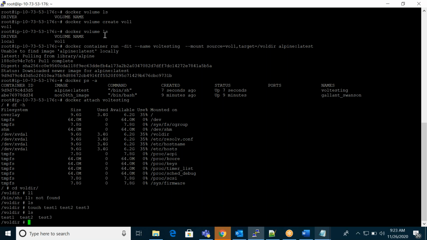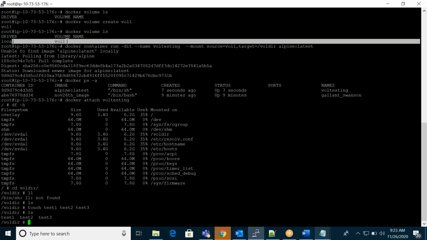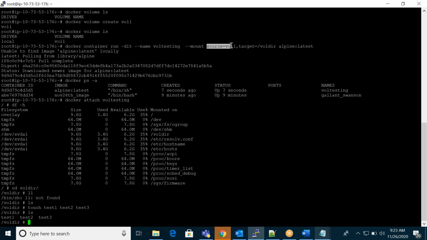Simple. Here I have created one volume, volume one. I mounted it at one mount point in this image. I'm creating one container, and in this container I'm mounting my volume at this mount point.